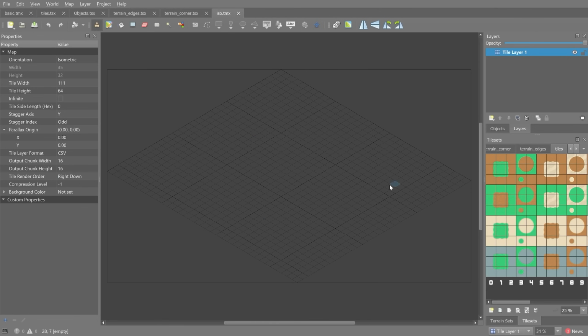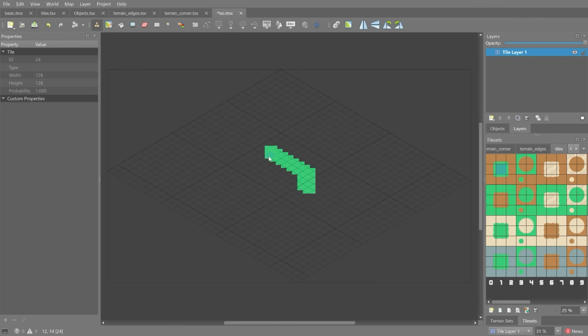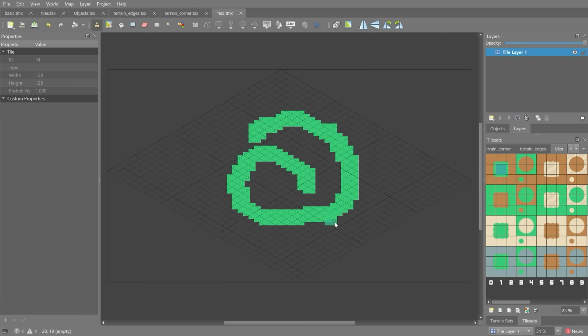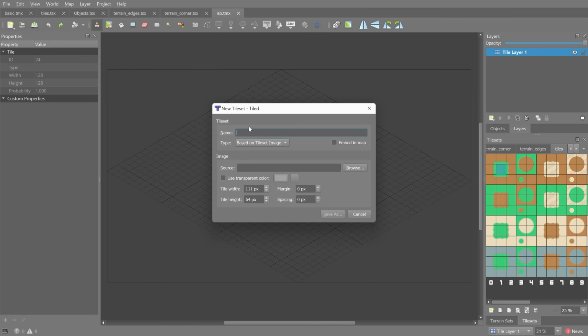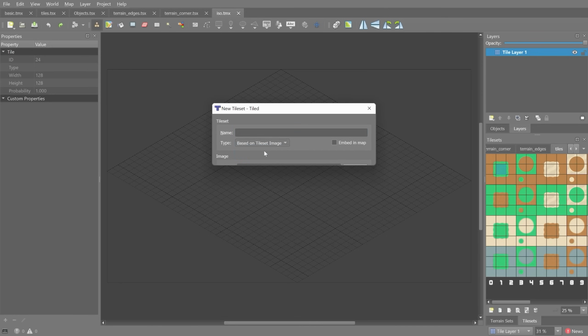You can see it quite well. Although if I try to use any of the tile sets we have so far, it just looks very weird. So this is no good. We need another kind of tile set. Or well, we need different graphics that work with this kind of tile set map setup. And for that, we have to create a new tile set. And this one is a collection of images. And let me save this one as